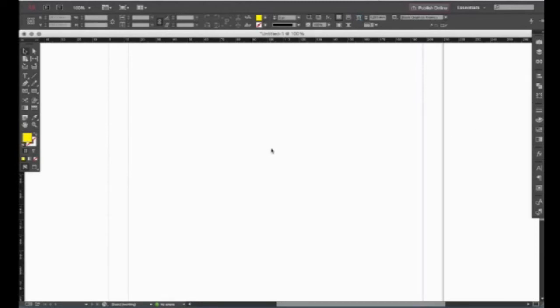Okay, finally these are the basic tools of Adobe InDesign. I hope you got the ideas to handle the Adobe InDesign. So